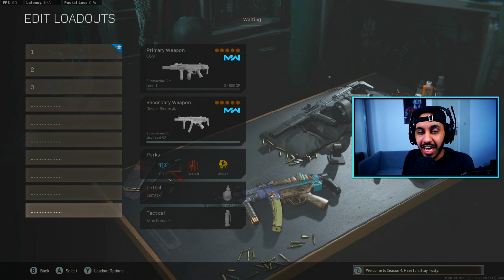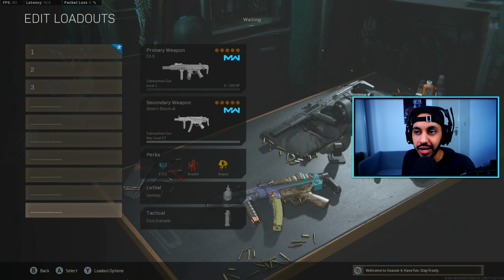So the CX-9 has finally released inside Warzone, and it's taken a bit of time for it to get here, but in this video we're going to be comparing it to some of the best SMGs that are currently inside